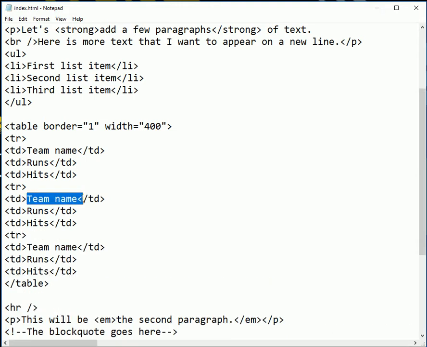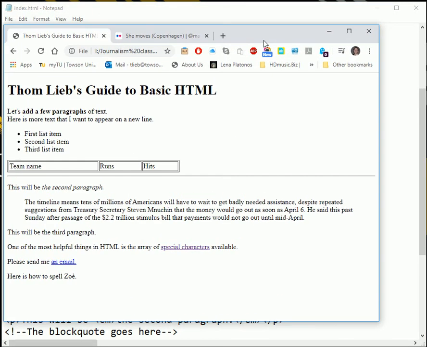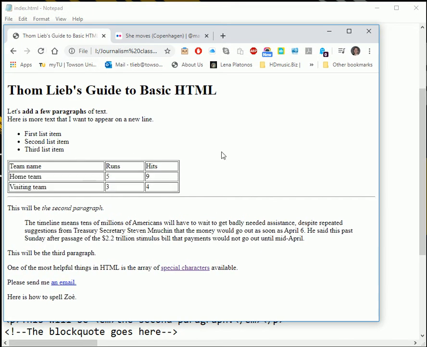But now if I say home team, and I'm going to say 5, and I'm going to say 9, and then visiting team, and I'm going to say 3 because we don't want them to be winning, and I'm going to say 4 here. I save that,